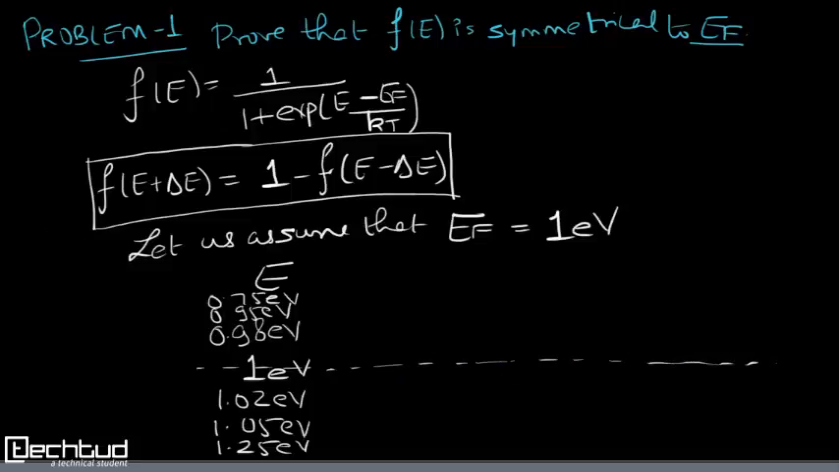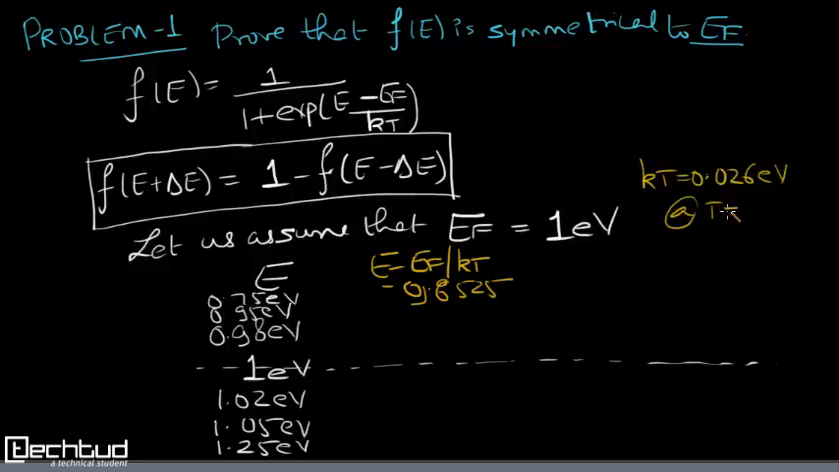Now let us see the different values of (E minus EF) by kT. Here E is smaller compared to EF, so when you calculate it, you will get minus 9.6525. You substitute EF equal to 1 electron volt and kT equal to 0.026 electron volt. So only 0.95 for E equal to 0.95 electron volt, when you substitute, you will get